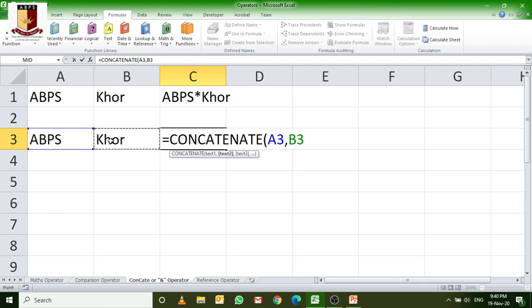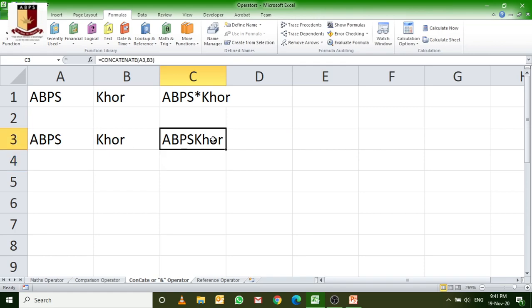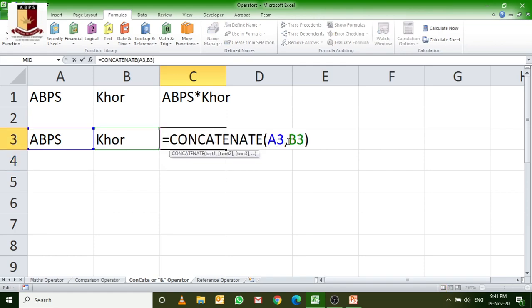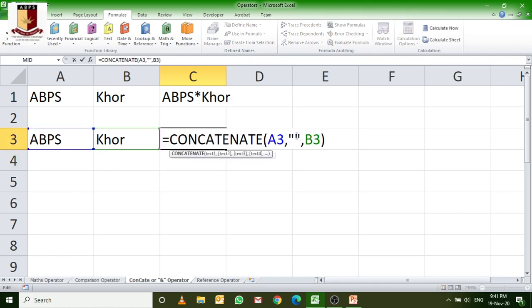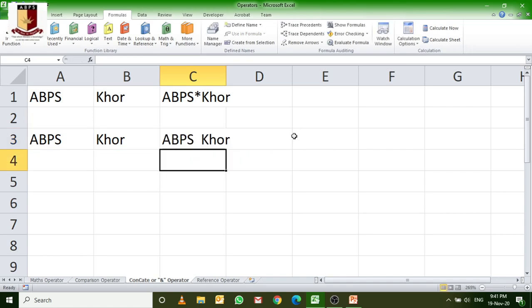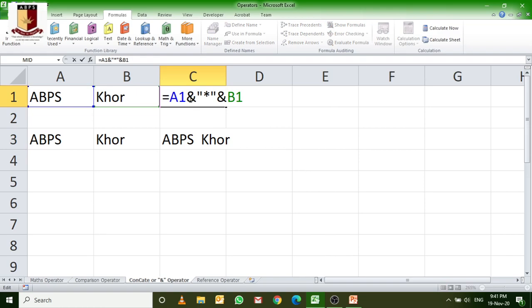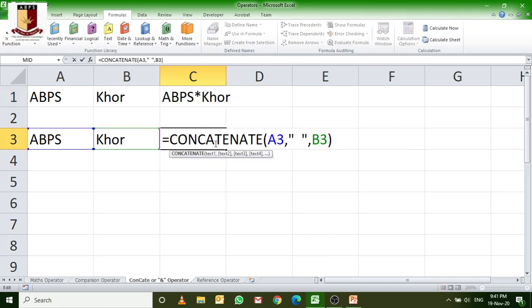These two values are there, just close the bracket and press enter. Suppose now you want some other value here, then use double quotes and give some space here. Got it. So these two things are available, either the ampersand sign or the concatenate function. Whatever you want, you can use in your formula.